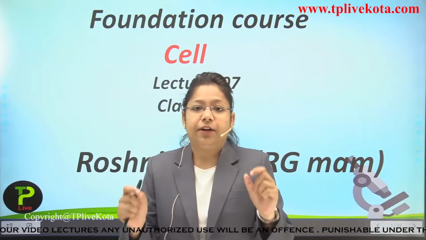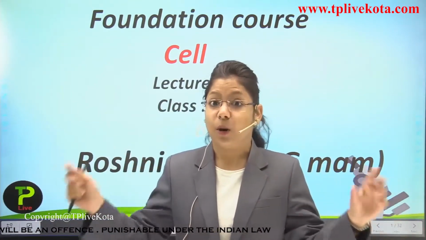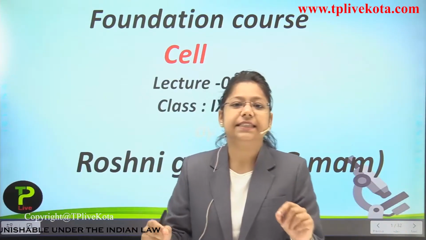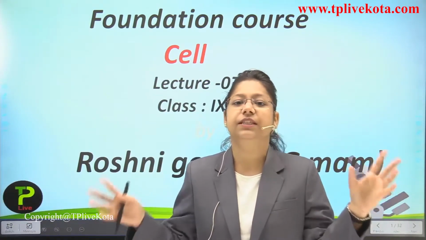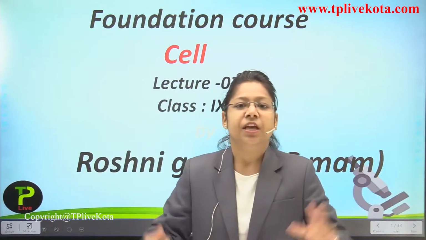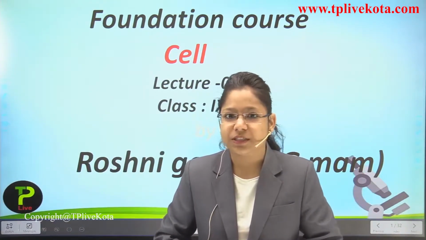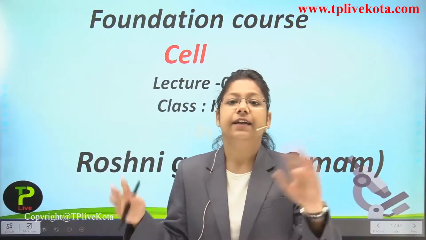So microscope is the basic instrument through which each and every cell can be observed. Okay, we can see the smaller and the smallest part of the cell itself. Even the cell organelles can be seen clearly under the microscope. So in today's lecture, we are going to start about microscope, what is microscope, who discovered it, types of microscopes